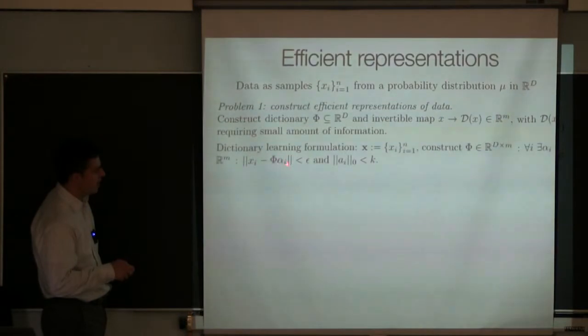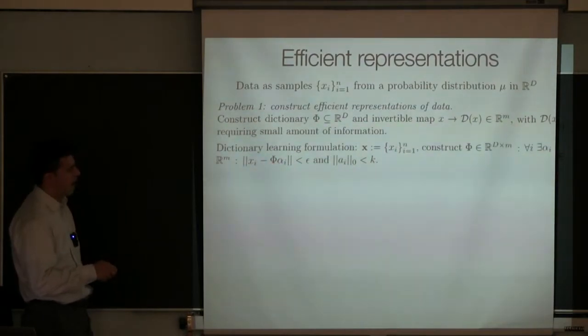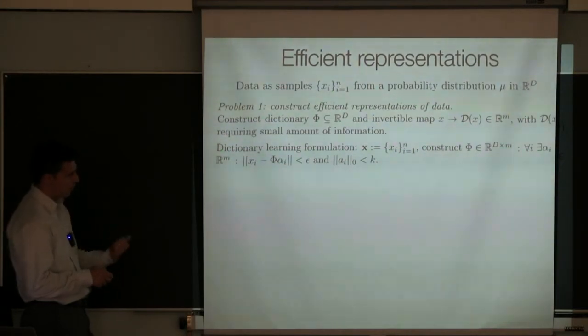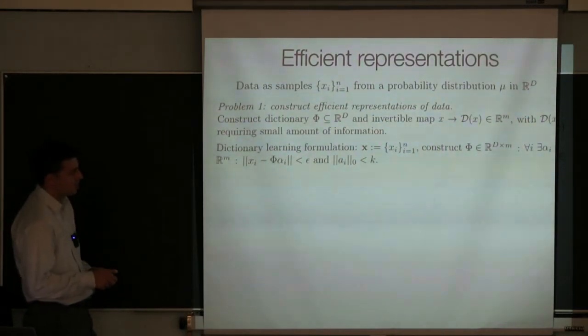So alpha_i is a set of coefficients, m of them. So this alpha_i is the set of coefficients in a linear combination of the columns of Phi. So Phi times alpha_i is just a linear combination of the elements of my dictionary. And I want to say that for every data point, I can find a set of linear coefficients such that Phi times the coefficients approximates the data very well. That's requirement number 1, accuracy of the representation. Requirement number 2, I really like set